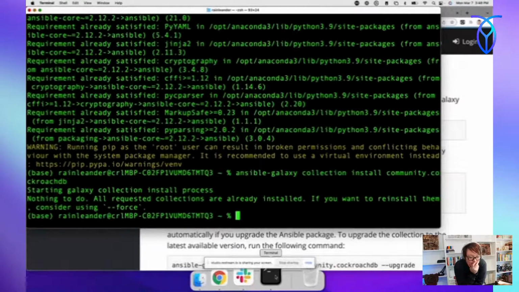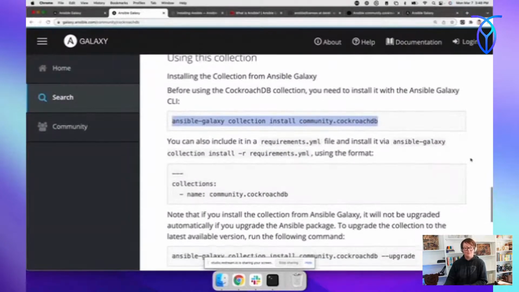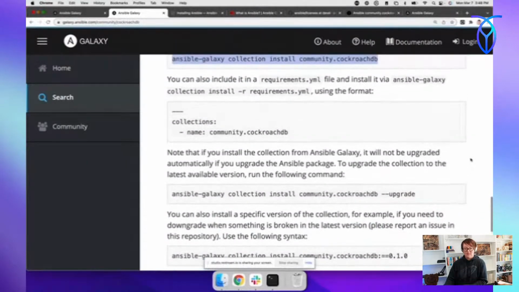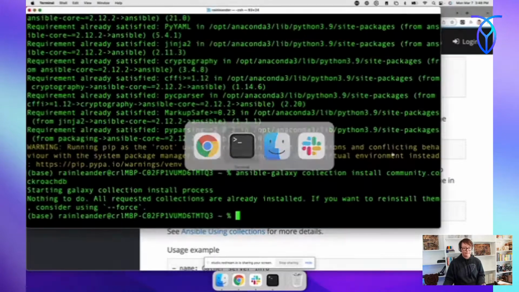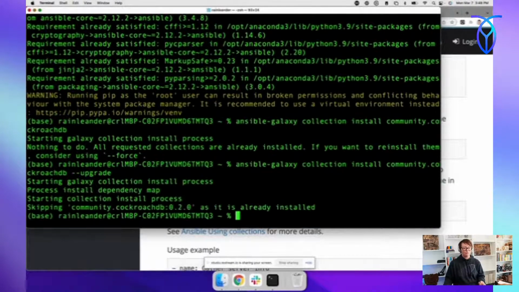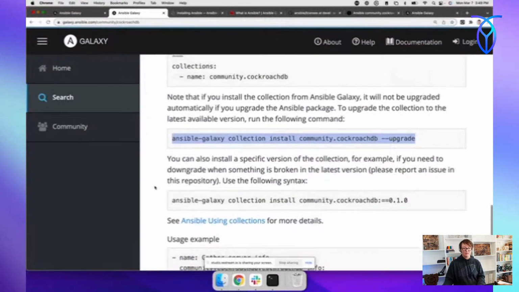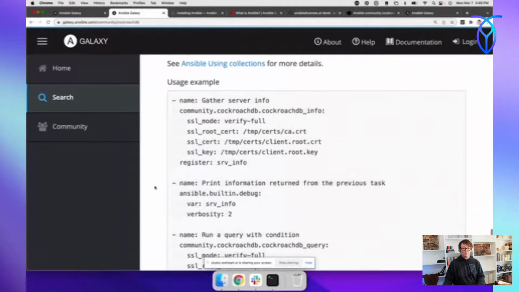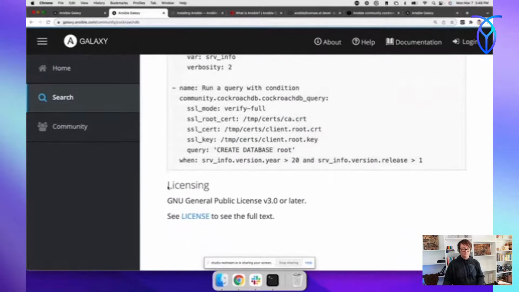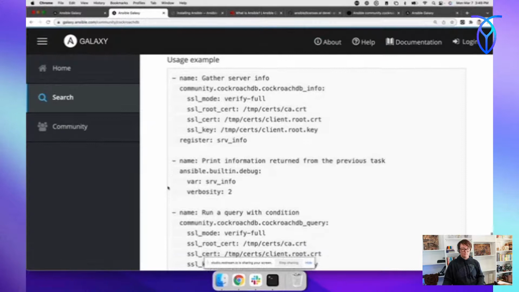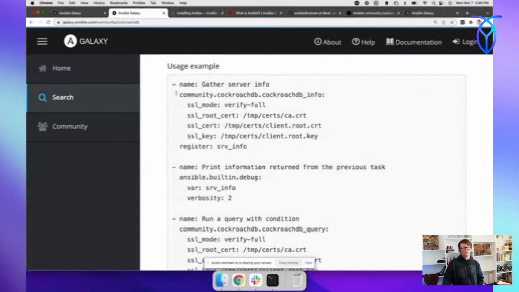Starting Galaxy collection install process, nothing to do. All requested collections are already installed. If you want to reinstall them, consider using Force. Apparently, CockroachDB was installed by default. Maybe I started troubleshooting this. Maybe. Interesting. Let me see if it needs an upgrade. Already installed, already upgraded. Usage example. So this would,